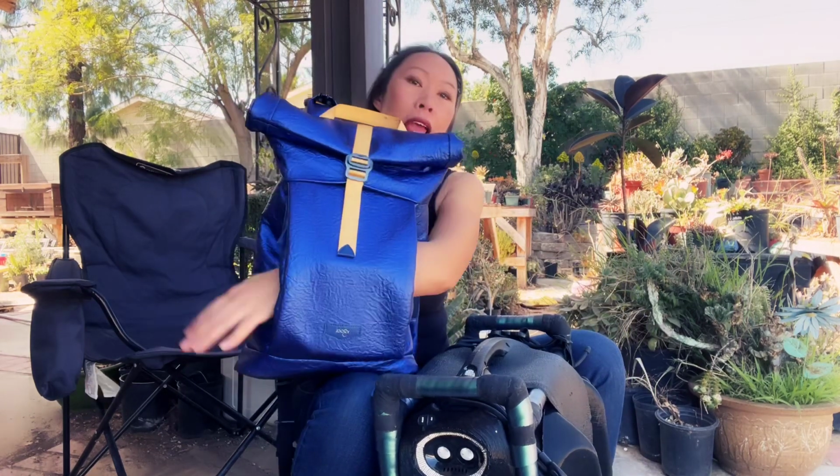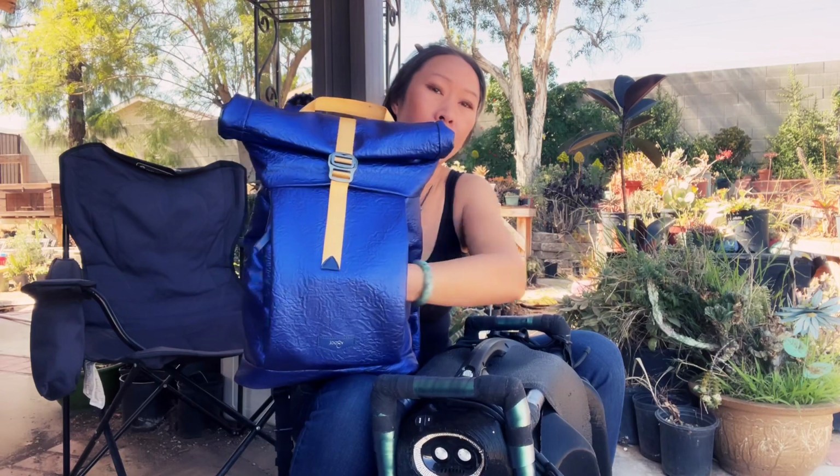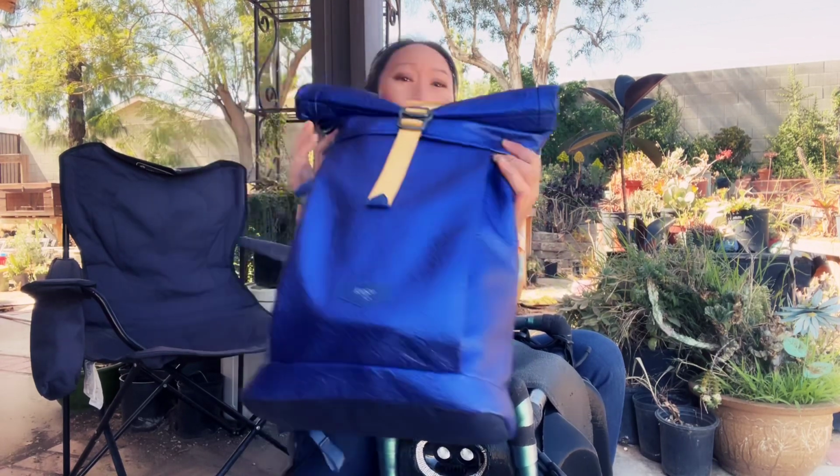It is expandable, so this thing can come up, and it has a small pocket here, and then it has this through pocket here, so I can even throw a jersey or whatever, hook it, and then it can just hang. Anything oversized can just hang. Even though it's so long and it looks big, it doesn't hold that much. But right now, what I have in here is my EDC